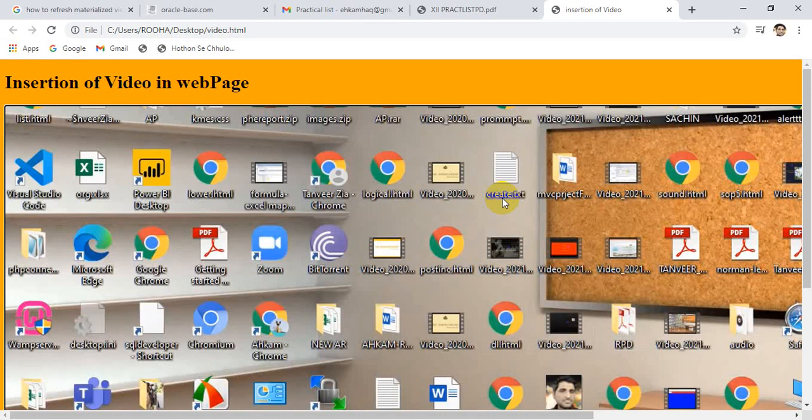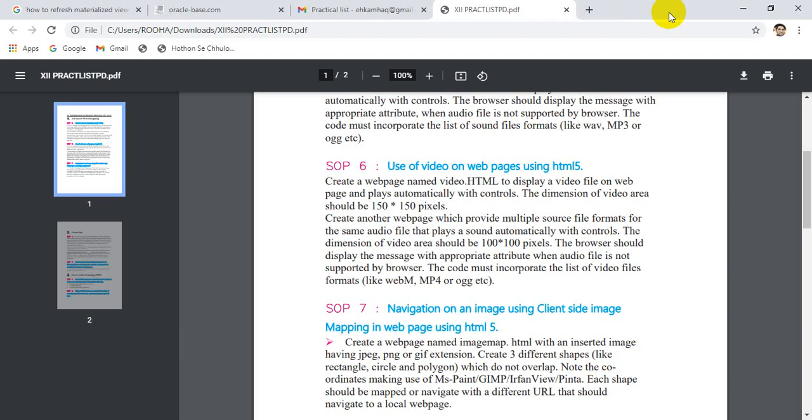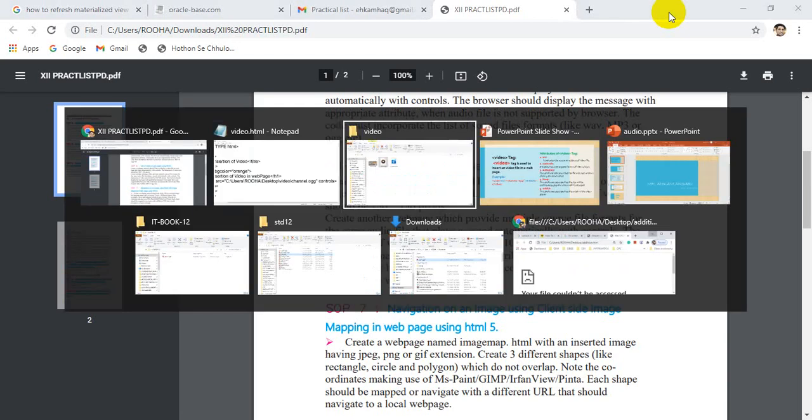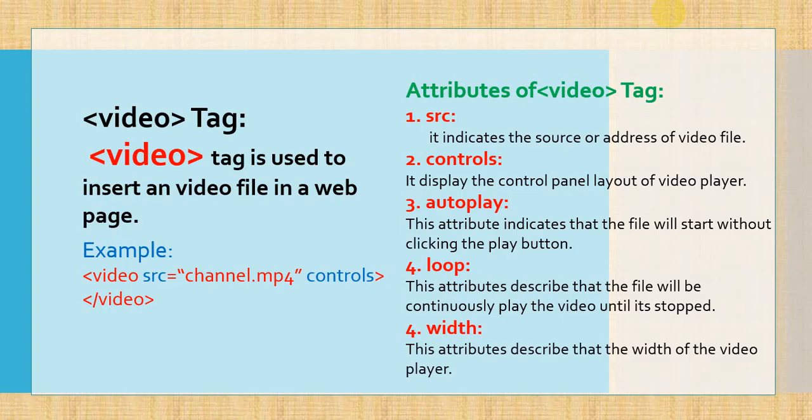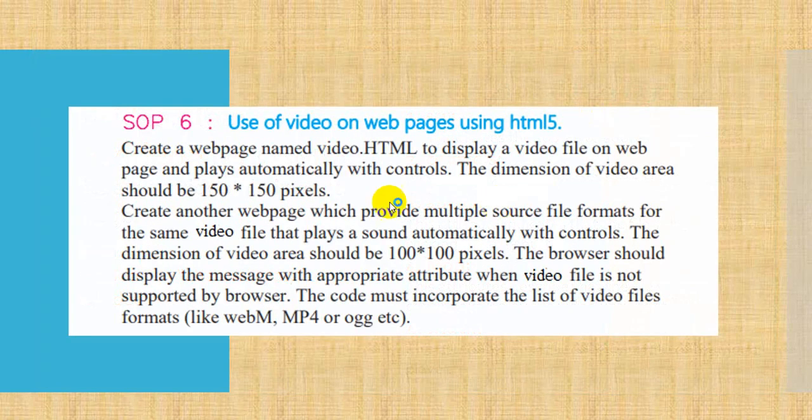But before doing this, first we are moving towards our question, because we have to do according to our question. So I am moving back to my question. Inside that, we first created a simple HTML file and named it video.html. Then we added a video file which is working, and we added controls. We can see the clear controls. Now one thing is remaining: the video should play automatically, so we have to use the autoplay attribute.